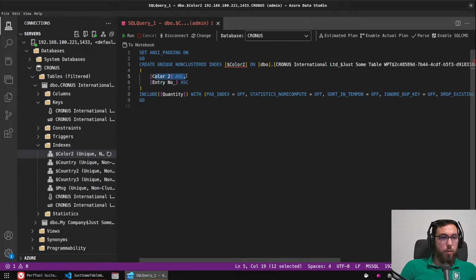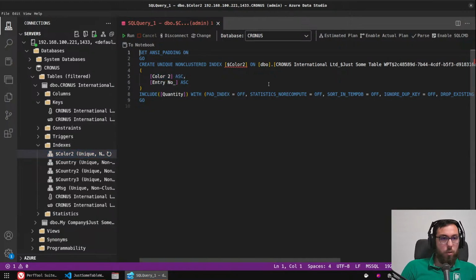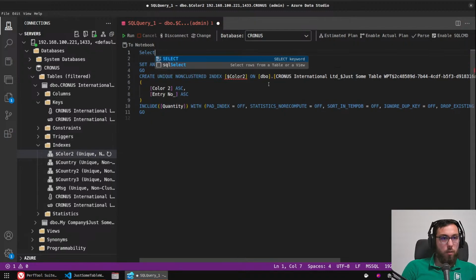And that basically just means that we have not grouped, but just sorted data in that index. I think there is a way to select directly from this index, but what it basically means is if we do a select,